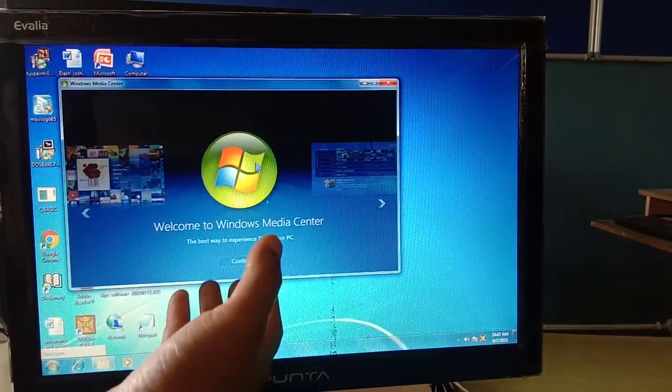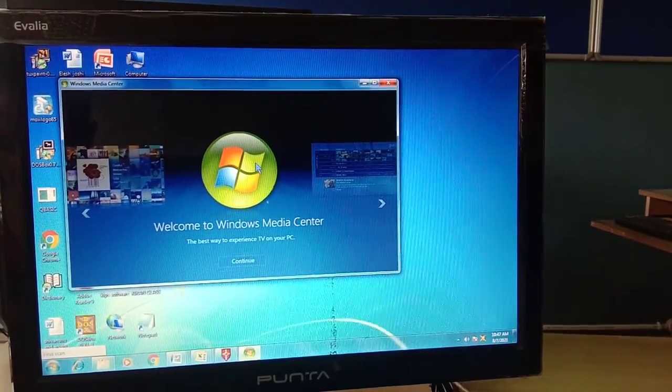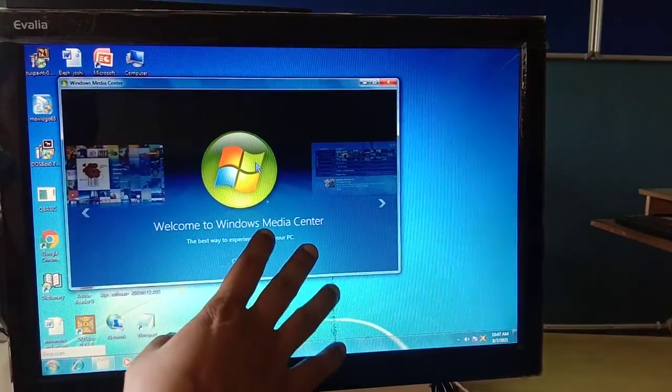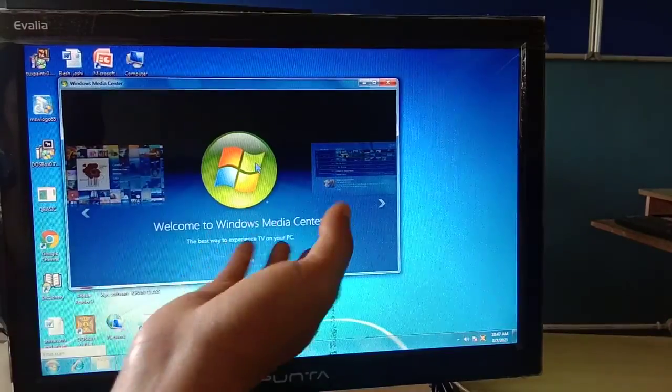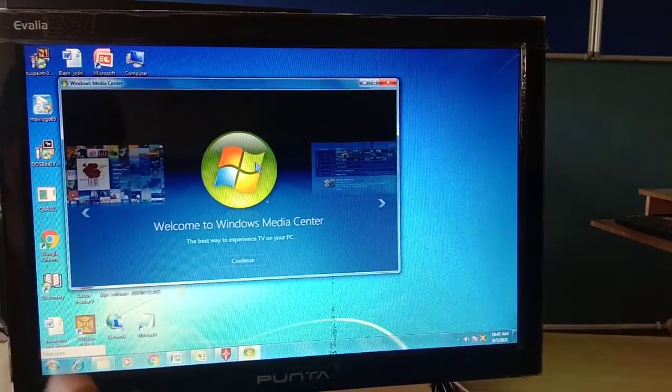Okay, you can experience your TV on your PC. Watching TV, movies and other video content on your PC is easier than ever with the help of Windows Media Center. With a cable connection, you can watch shows using Windows Media Center.